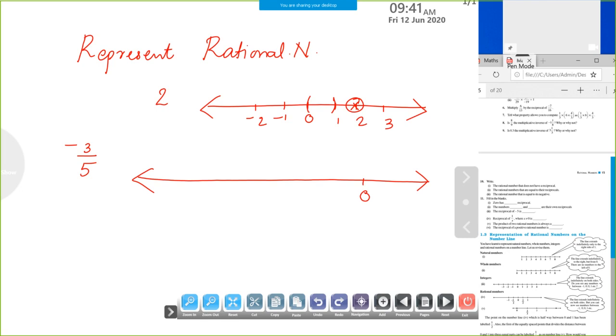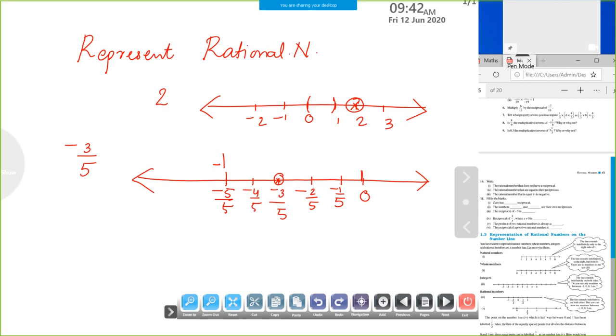So I have to move towards the left of 0. So here I need minus 3 by 5. So this is minus 1 by 5. As I told you, with equal width, minus 2 by 5, minus 3 by 5. So this is the number I need. You may have minus 4 by 5 here and minus 5 by 5. This is your number minus 1. This is the 0. So between 0 and minus 1, you have divided into 5 equal parts and the third part represents minus 3 by 5.